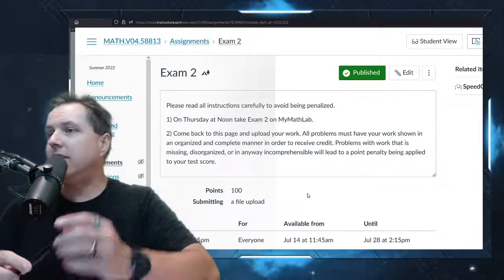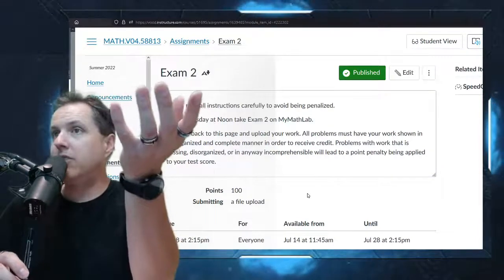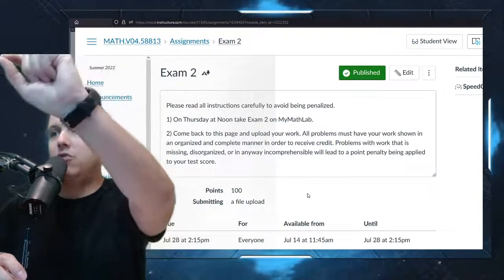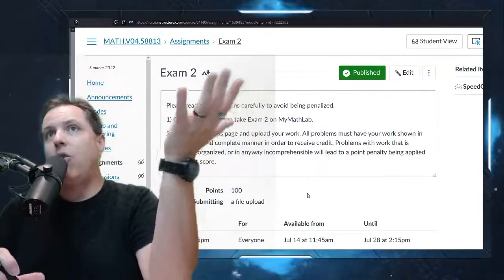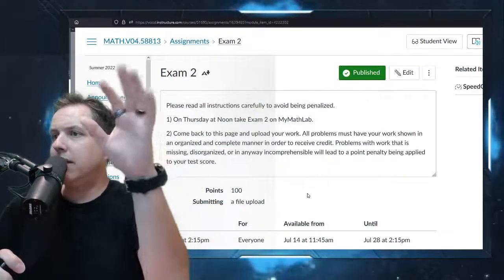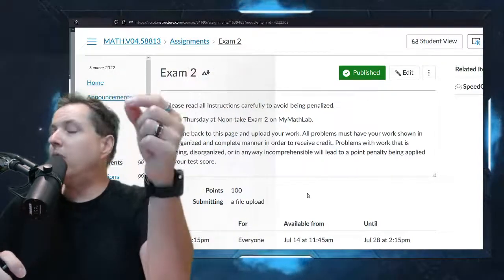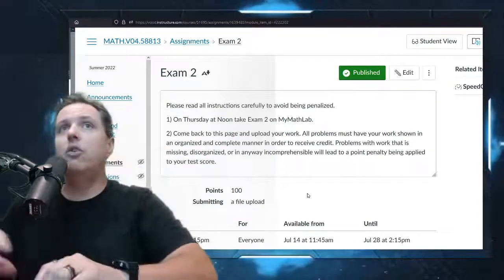I still have to see, just like on a regular paper and pencil test in class, if you were to just write 45 on a problem and no work was shown, you would get a 0 or maybe 3 points out of 10 or something like that. But you would miss many of the points because you didn't show your work. So I need to see that.